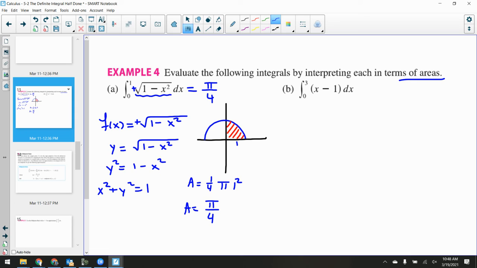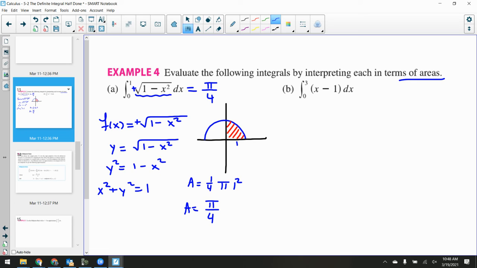See how it's just a number? Remember I was trying to reinforce that yesterday, where the integral is just equal to a number. It's just equal to the area, right? It's not equal to another equation. We might use the antiderivative, we might use another equation to get there, but